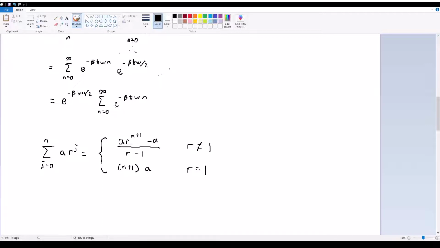In this case, our coefficient a is going to equal 1 because we have no coefficients at the front. Our multiplying factor is r equal to e to the negative beta h bar omega, and our j term is just n. Immediately I see that r obviously isn't equal to 1, so we're going to look at the top definition. So Z is going to equal e to the negative beta times h bar omega over 2 multiplied by our new definition here. a is equal to 1, so we have e to the negative beta h bar omega to the power of n plus 1,